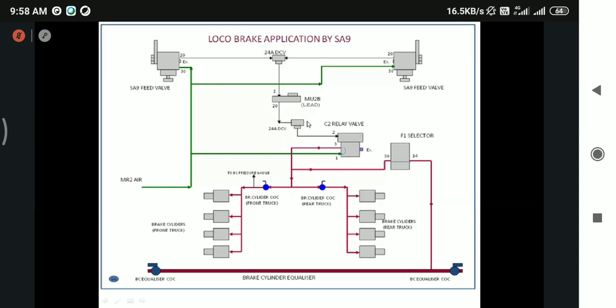From the ANN system, that is from the conjunction brake system, there is no pressure here, so a single pressure only is available at this point. This pressure will go as pilot pressure to the C3 relay control port, that is, the top of the diaphragm. So what will this C3 relay do? It will relay the same. That is, it will convert the MR2 pressure to the same value as this pilot pressure. It gives output to the brake cylinders through this bogie isolation path. After this bogie isolation path, from the front track, the brake cylinder gauge is taken by tapping. So how much brake cylinder pressure will there be maximum in apply position? 3 kg or 3.